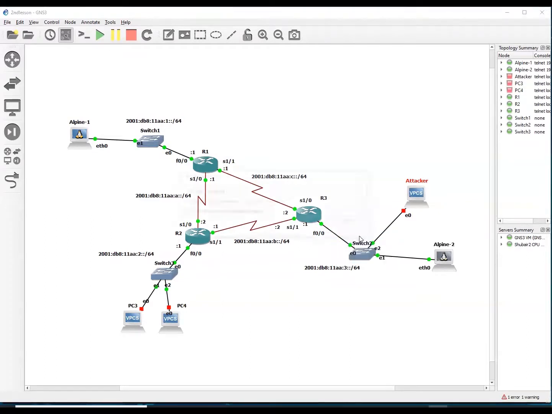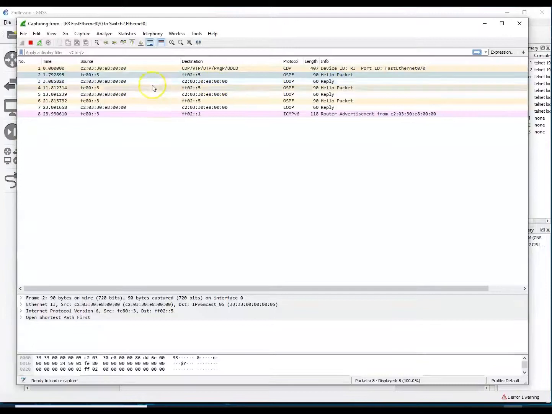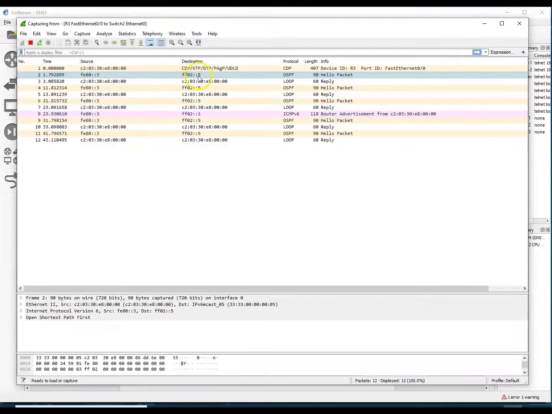Start capturing. Okay. Start the Wireshark. We can see here that the hello packet is initiated from R3. This is the link local address of R3 to the all routers multicast address. And the hello packet is initiated periodically. Why did this happen? Because now the